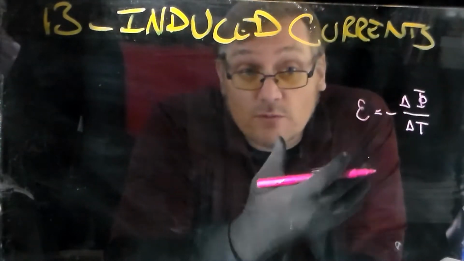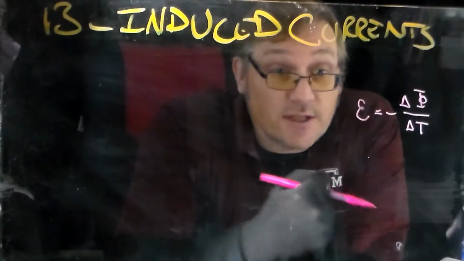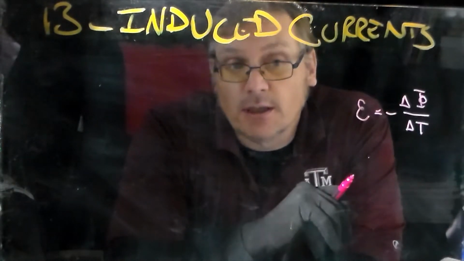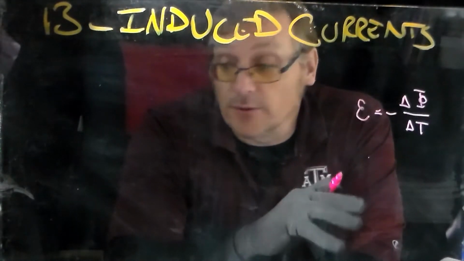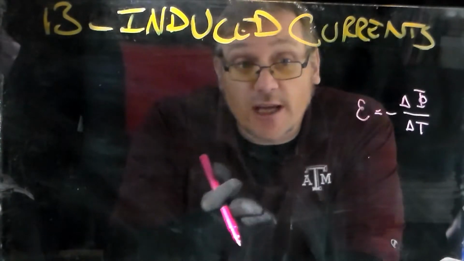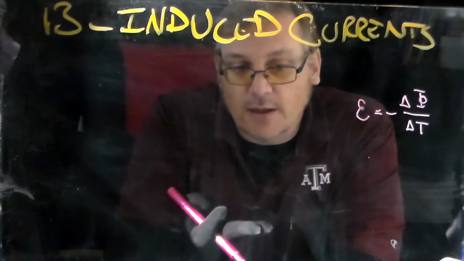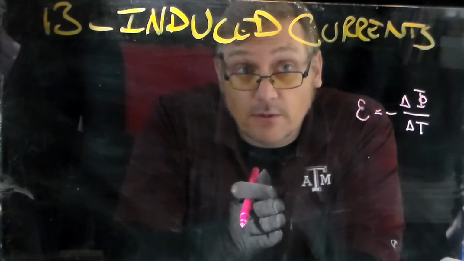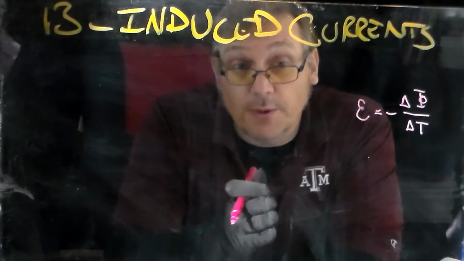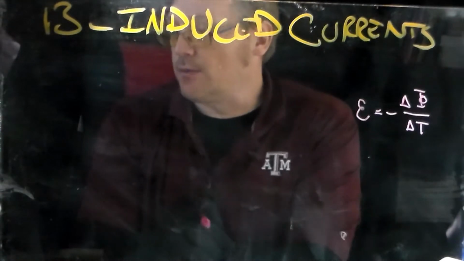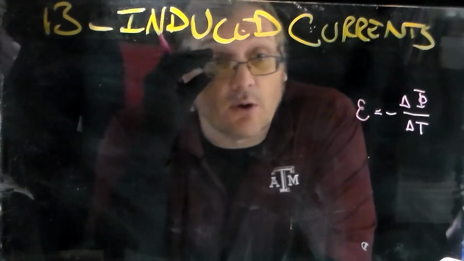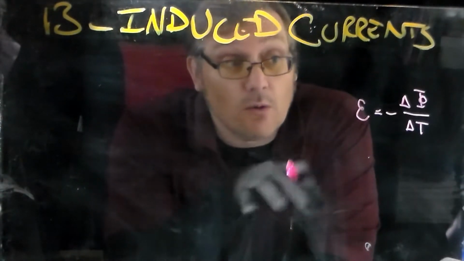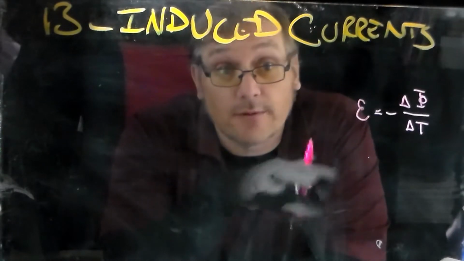We just said that the change in flux could come from the change in area or a change in magnetic field. We did a little example where we changed the flux by tilting the loop. And now we'll talk about this. Well, this is actually all we need to do. So this is how we're going to start with